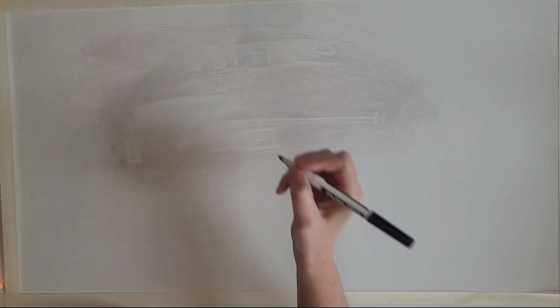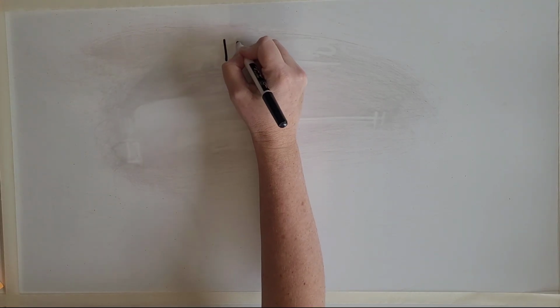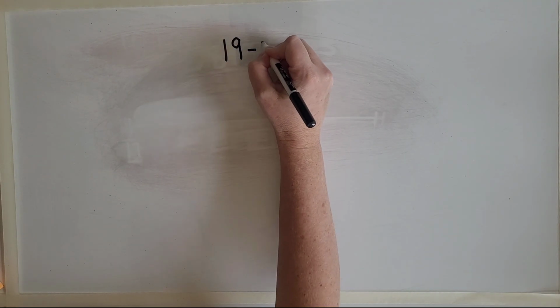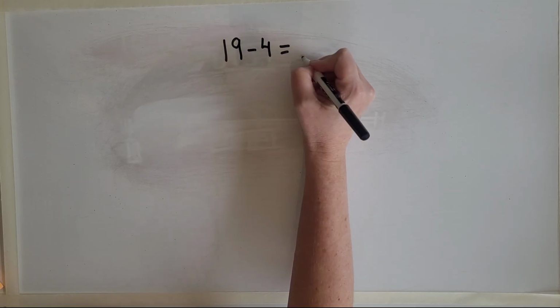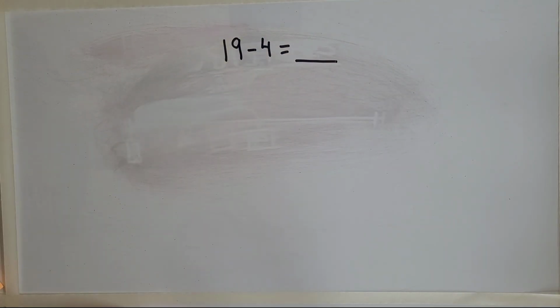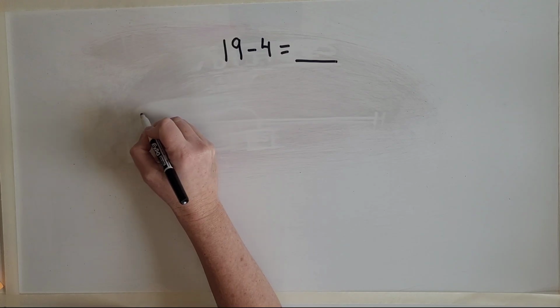Okay, today we're going to do a couple of strategies to subtract using an open number line. So we're going to start with the simplest strategy, which is just counting back, and we're going to use the example 19 minus 4. So when we create our number line,